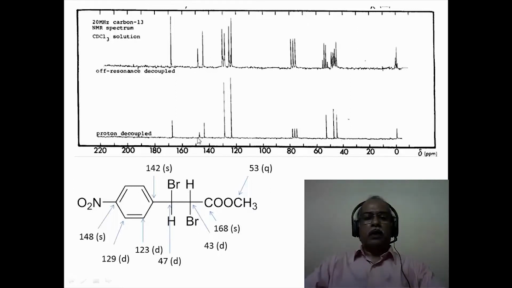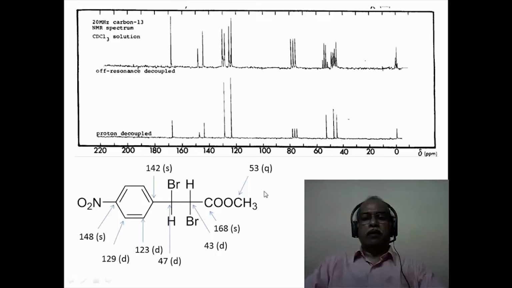So these two peaks are assigned to the quaternary carbons mainly because these are less intense peaks compared to this peak, and in the off resonance also one sees a singlet corresponding to these two peaks, so it must be the quaternary carbons of the aromatic ring. The carbons of the aromatic ring which are the CH carbons come around 123 and 129. The one that is ortho to the nitro is probably more de-shielded compared to the one next to the carbon functional group. That is why 129 is given for this particular carbon and 123 is given for the carbon adjacent to the carbon bearing the bromine atom.